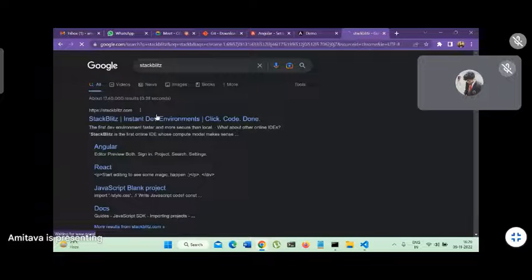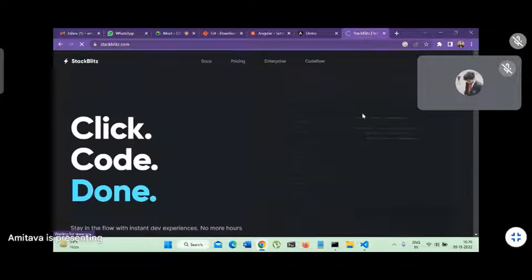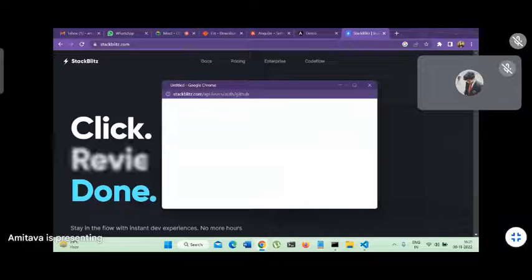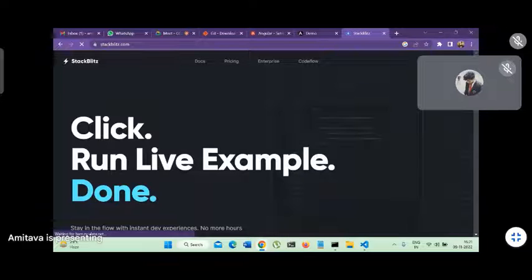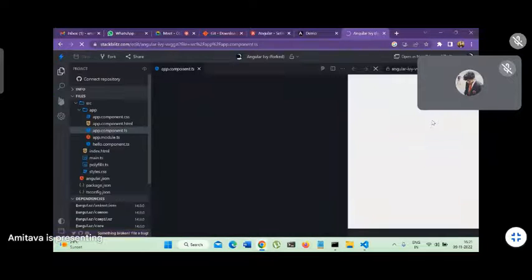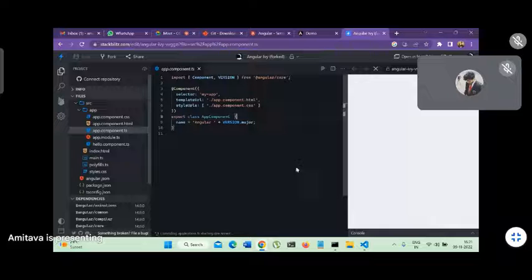This is an online editor for Angular, instant development. देखो सिंपली साइन इन करो, you can use any email ID, Google ID and all, GitHub ID and all, कर लिया मैंने। Now go to your popular, देखो एंगुलर क्लिक करो, सारे हैं, ये देखो पूरा आपको दे दिया यहाँ पे स्ट्रक्चर, and now it is running now. सर वो एंगुलर डाउनलोड करने का जरूरत है फिर? कुछ नहीं है, हो गया, रन हो गया आपका। ये मस्त चीज है ना,